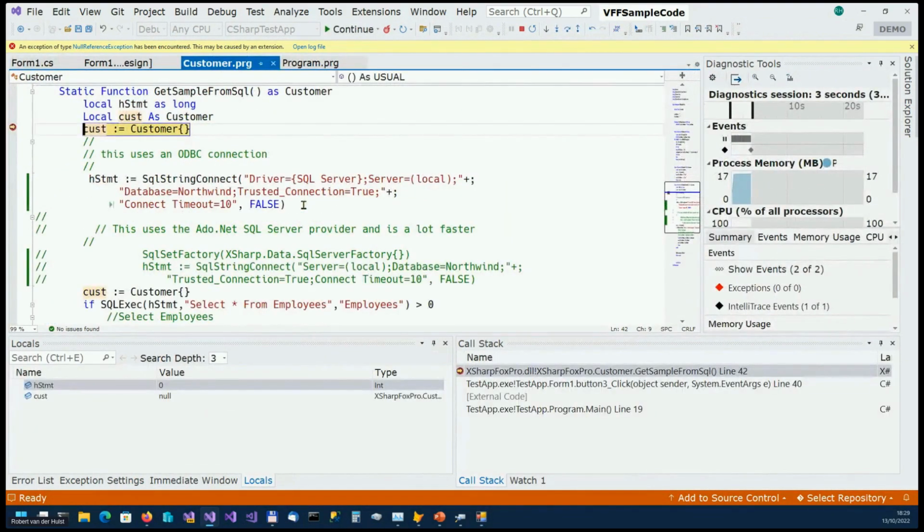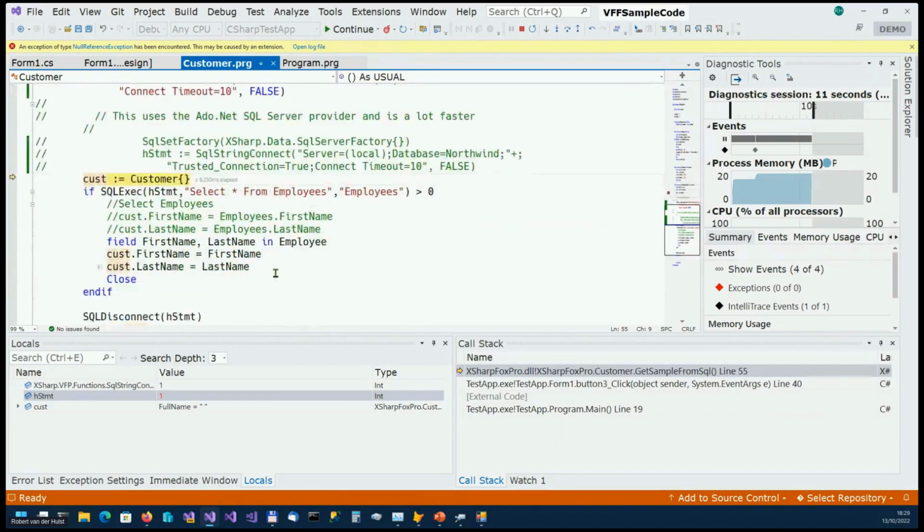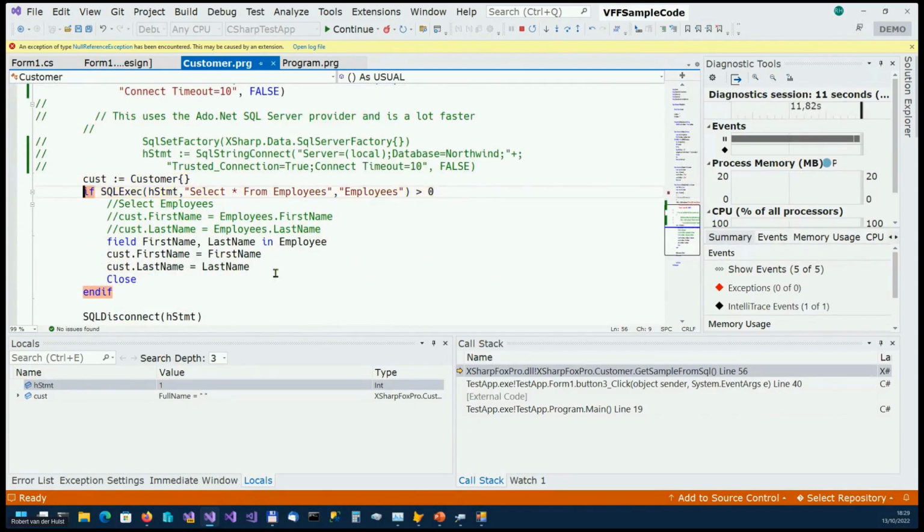Now I'm in my code, and this is the normal SQL string connect that you guys have in FoxPro 2. It takes a bit. This actually sets up an ODBC connection, and as you can see, I'm specifying the ODBC driver, the server, but it works. I'm going to SQL exec, and it gets,